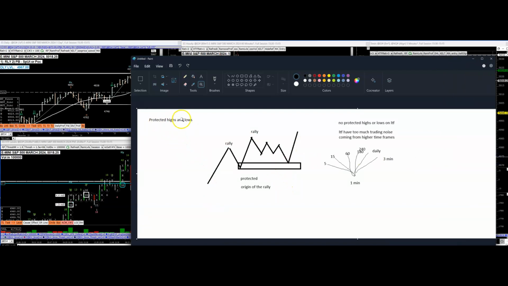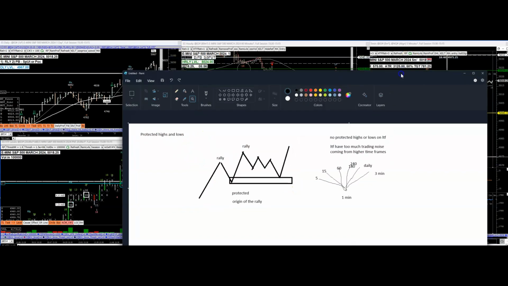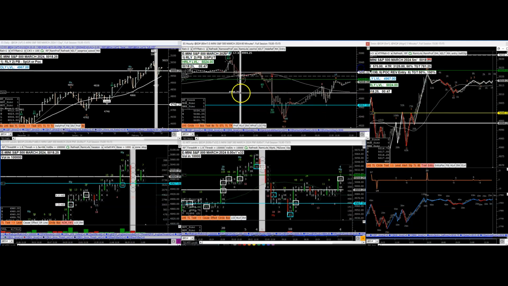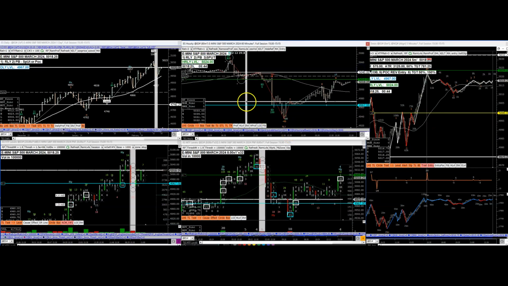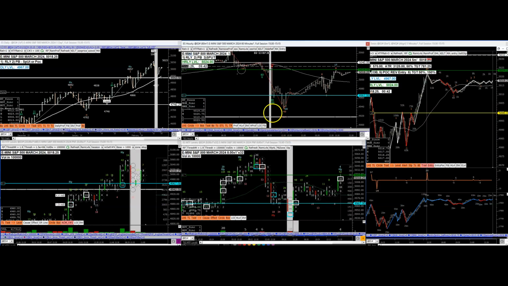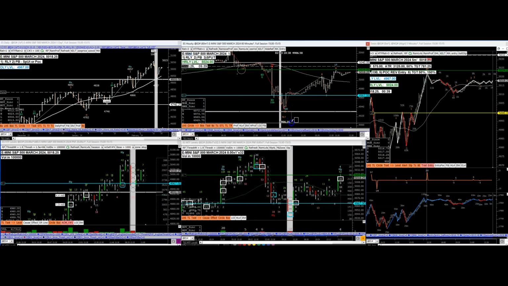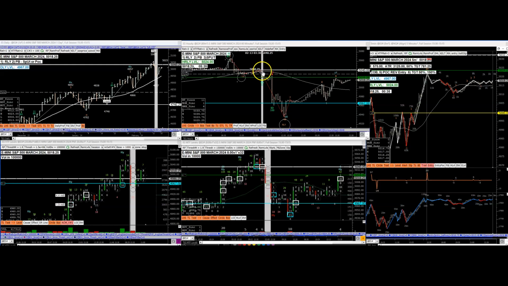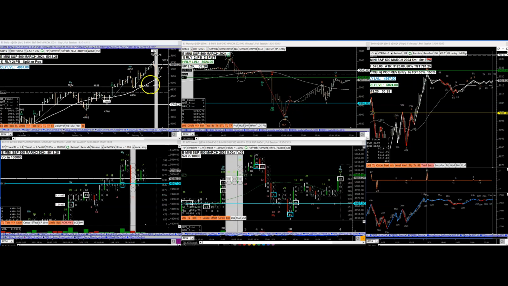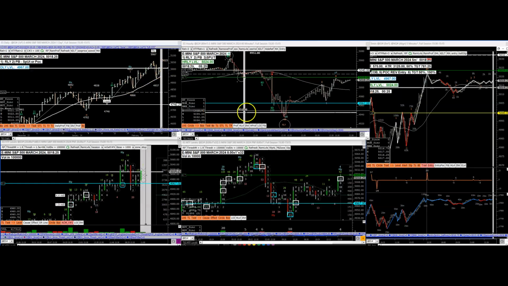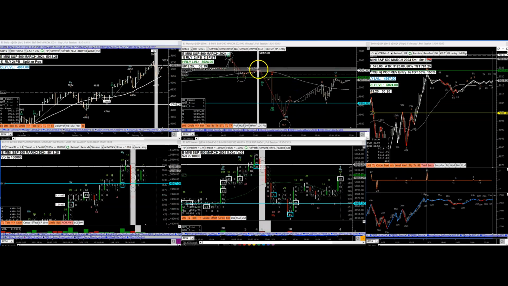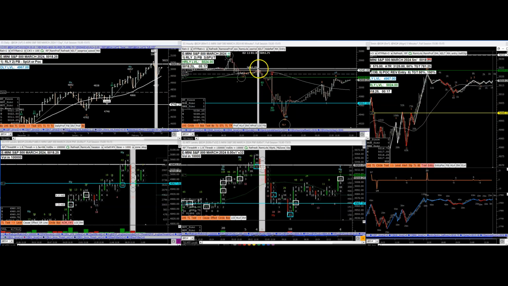So this is the idea of protected highs and lows. So now I'll give you examples, right? This is the rally. This is the down rally on the hourly. On an hourly, this high is protected. You consider it protected, but it's also going to be targeted by the daily, because the daily is in the opposite direction. However, on this time frame, this is the protected high, because it's the origin of the rally from which one red